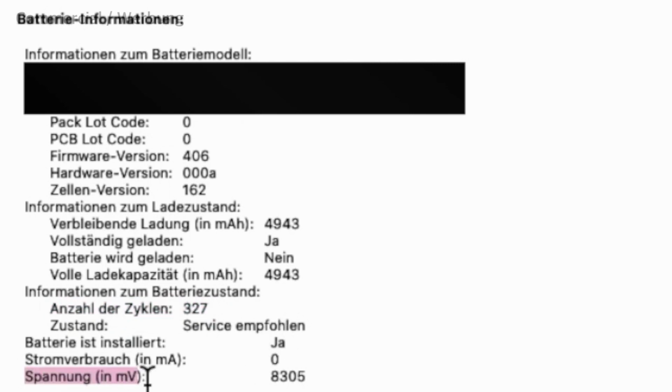On the bottom here, we find the battery voltage, which is also an interesting battery health indicator. It is currently 8305 millivolts, and it should not drop significantly in case we disconnect the charger.